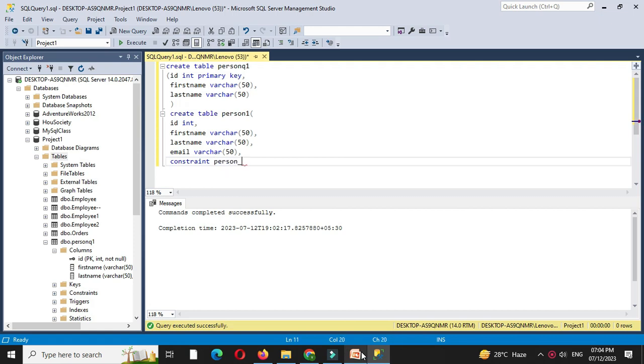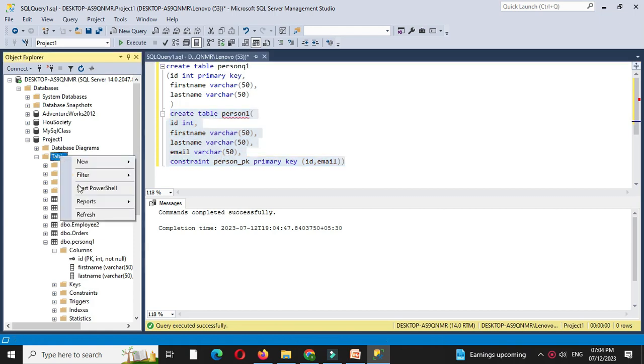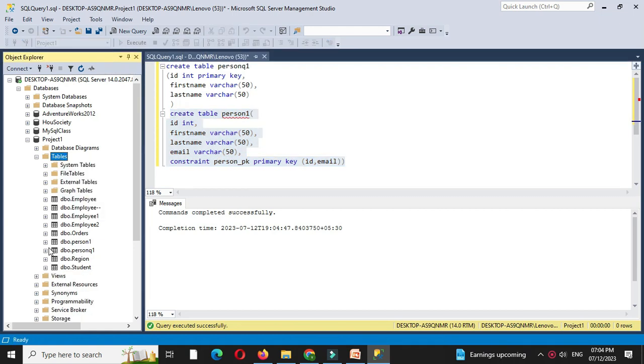I will give person pk as a primary key, then primary key, and we'll give the field ID and email. Then we'll select this command and execute. It will create another table person1. We'll refresh this and check that the table is created. Here ID and email are two columns generated as primary key.